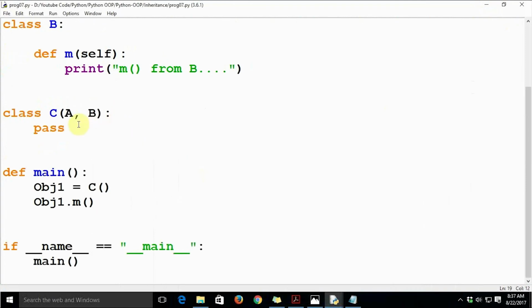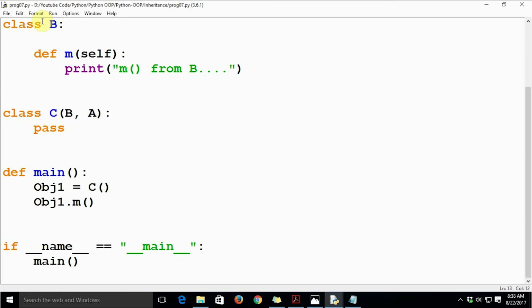Now let's change the order of the classes from which we are deriving the class C. We are still deriving class C from the classes A and B, but we have just changed the order.